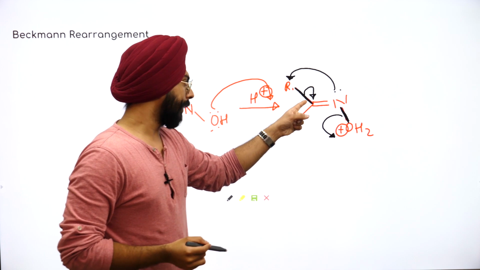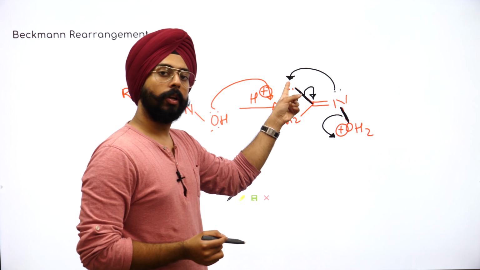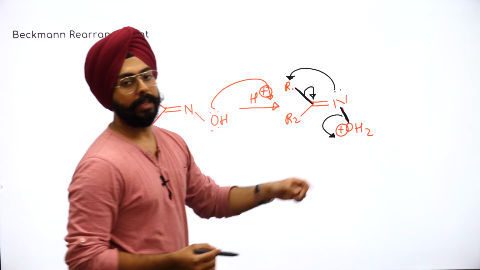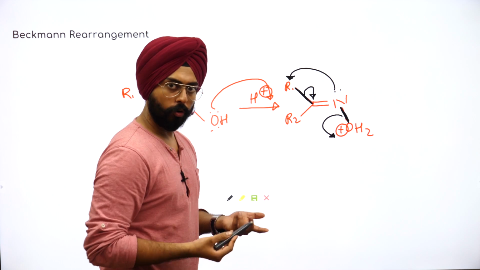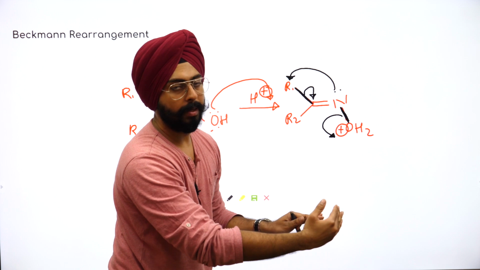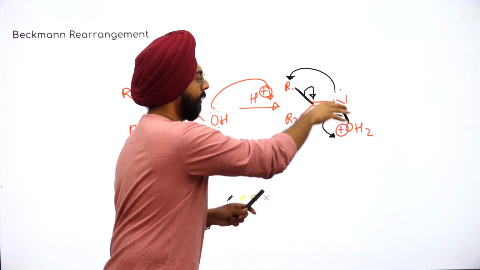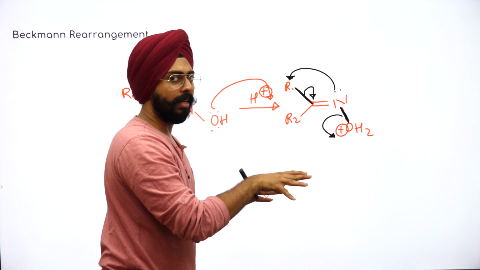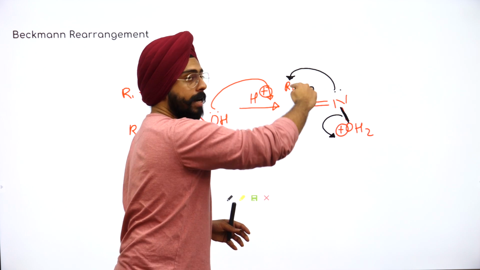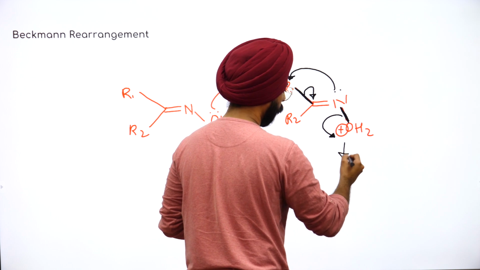Do you realize what is happening? This bond is broken, its electrons are given towards this carbon and nitrogen's lone pairs capture this particular alkyl group, and OH2 leaves. Now you must be wondering, sir, R2 क्यों नहीं गया? Because of steric factors. Syn में नहीं होता removal. I mean, can you imagine this migrating to nitrogen while the OH is leaving? There's just too much hindrance over there, right? OH is leaving, ऊपर से उल्टी दिशा से from the opposite anti end the migration happens. ठीक है? So what will happen after this? What will we get after this?